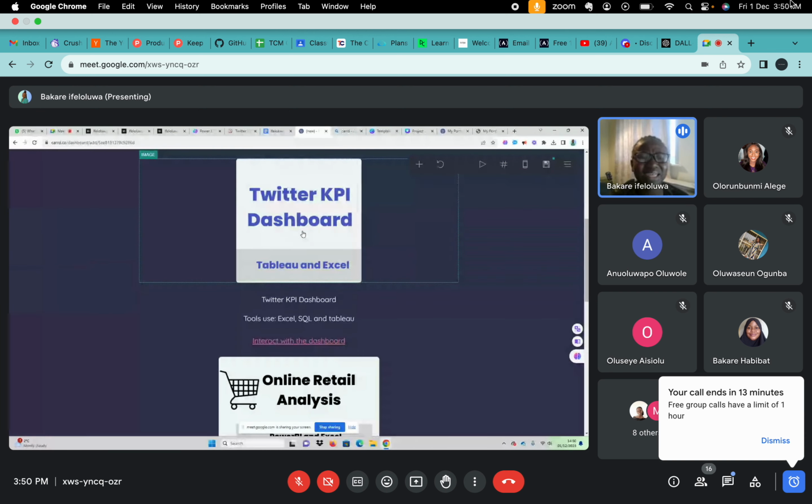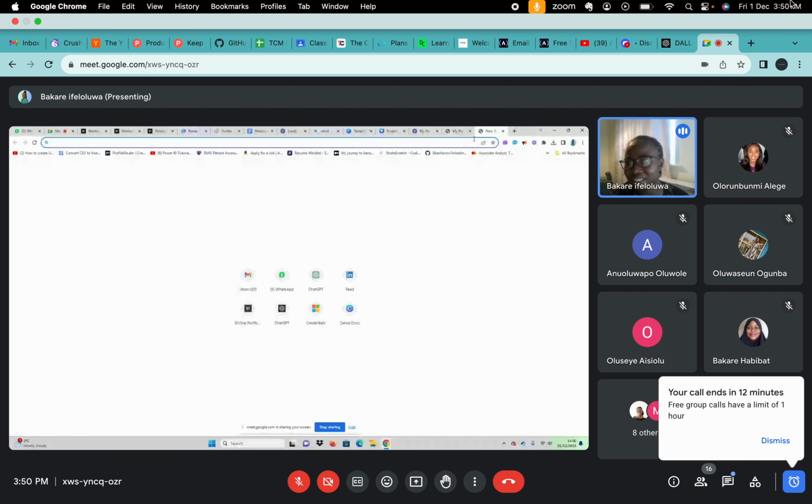So for a project like SQL, you can put your code on GitHub. That way you can just copy the link of your repo and put it there, so people can click on the link and go to your GitHub repository so they can see, or you can take a snapshot. An easy way to show your SQL project is by using